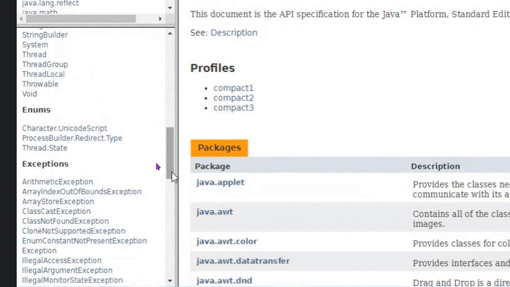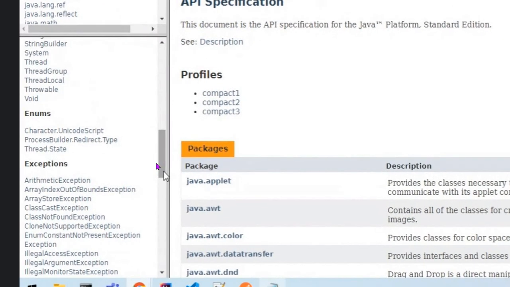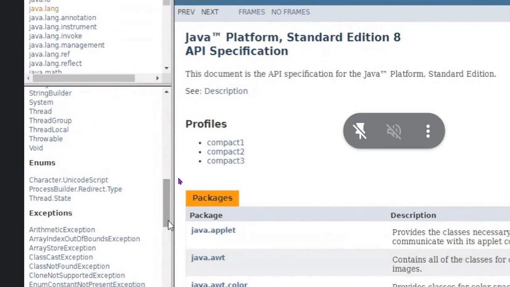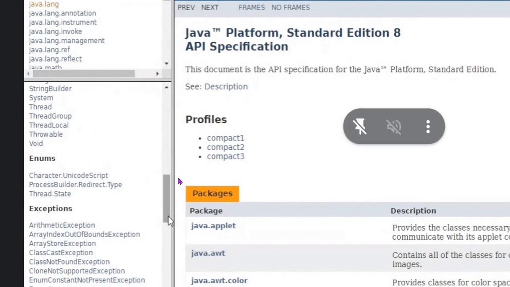For any Java programmer, it is mandatory that he knows all the different types of packages and classes which are readily available. This is like a tool. For example, a plumber will have certain tools like a hammer and cutter, and an electrician will have certain tools.